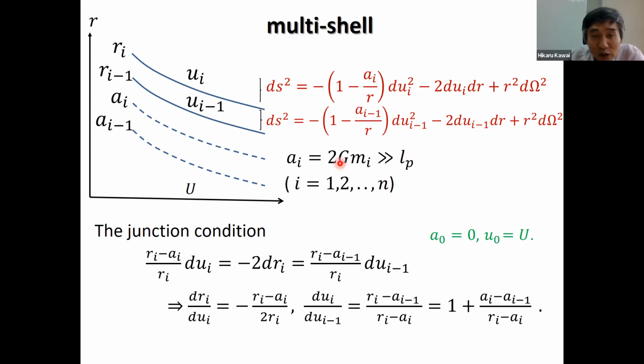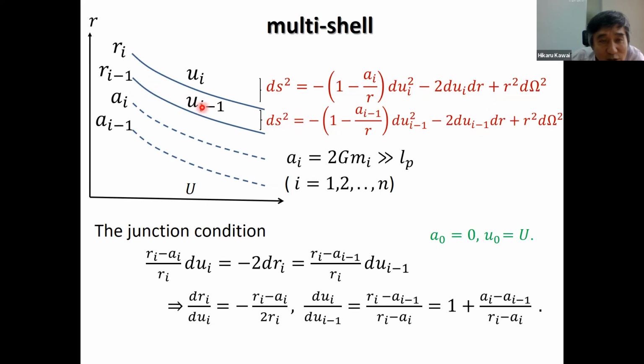So if we see the metric just outside the ice shell, the total mass is Ai. So we have this Vaidya metric: 1 minus Ai over R, dUi square, where Ui is the retarded coordinate outside the ice shell, so dUi square minus 2 dUi dr plus R square d omega square. And also if we consider the region between the i and i minus 1 shell, we again have this Vaidya metric,